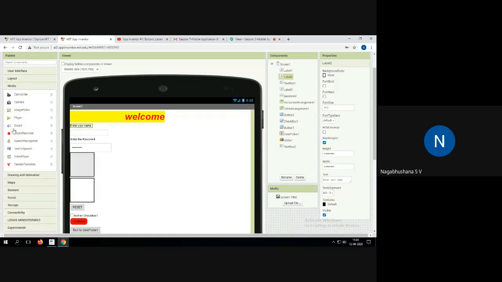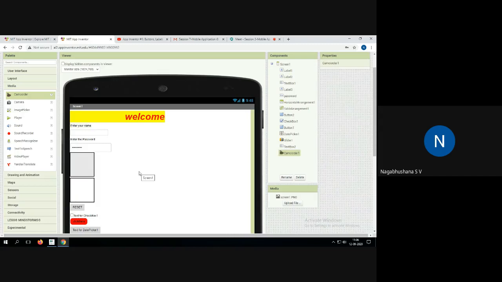Next, if you want any application or feature where you have a camera option, camcorder and all those things, all this information will be available to you. The camera, see, in the component column you can see all these things. Similarly the sounds, then media players, then sound recording, text to speech.